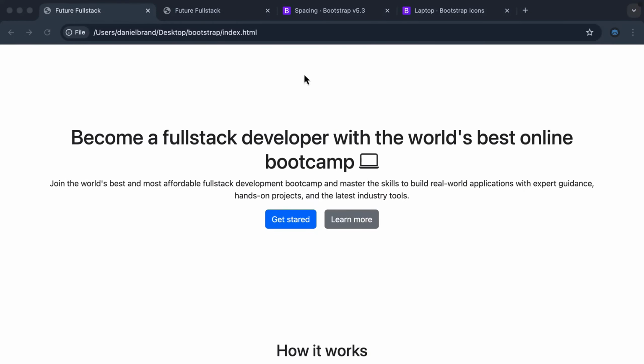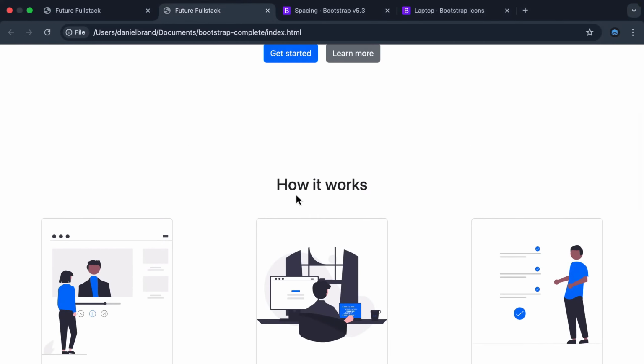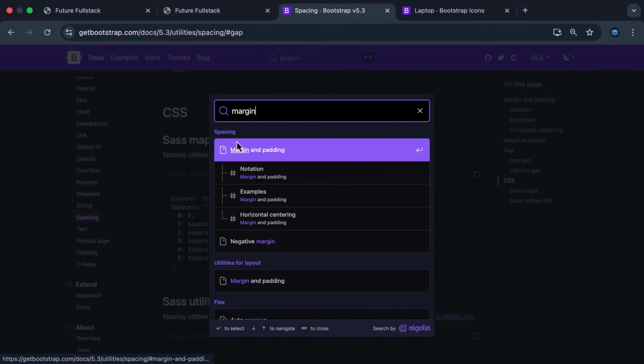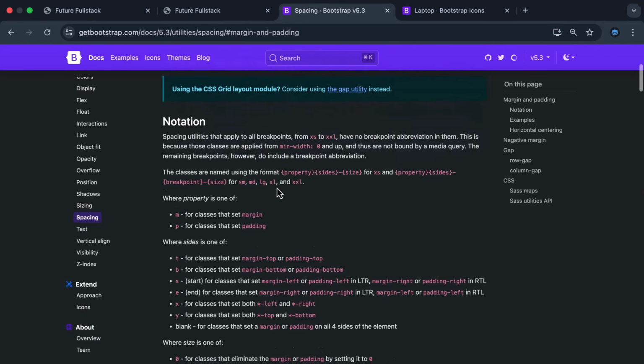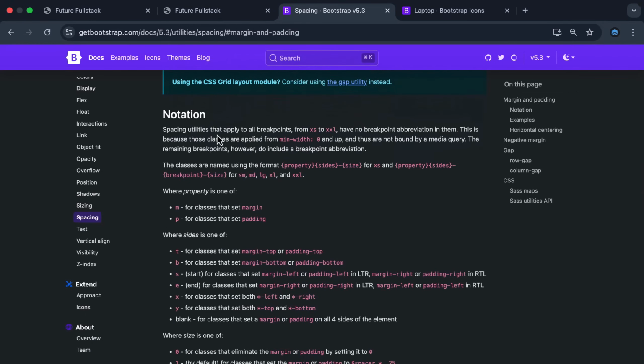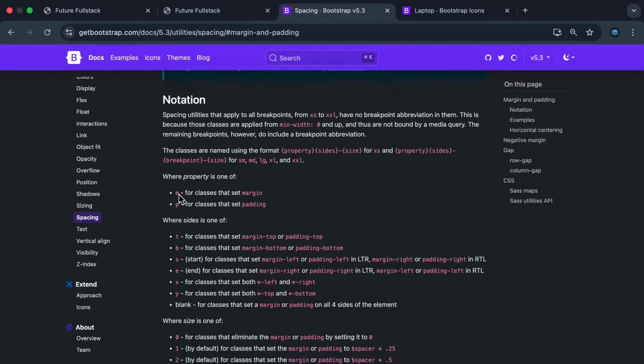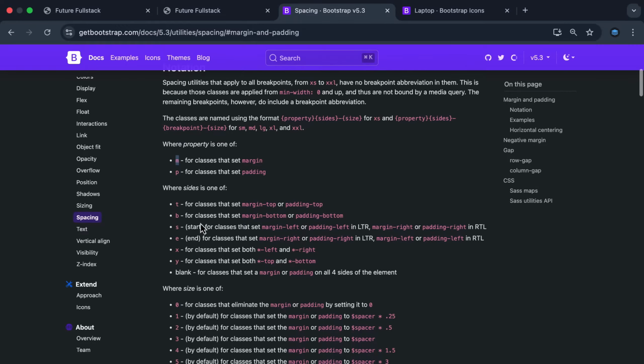Looking back at the completed project, you can see that between how it works and this grid section, there is some margin between them. So I'm going to come and add some margin bottom onto the how it works. Back in Bootstrap, I'm going to search margin, and you can see margin and padding come up here. And the documentation here explains how we can use margin and padding properties. The way it works is you first select your property type, whether it's margin or padding, M for margin, P for padding. You then come and append on a specific letter, depending on what you're trying to achieve. For example,